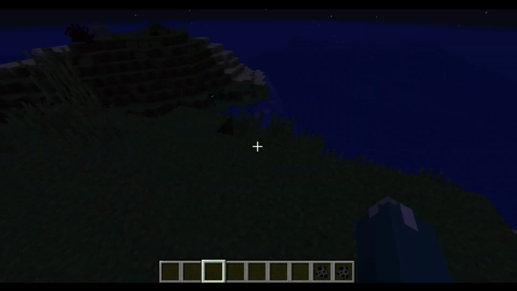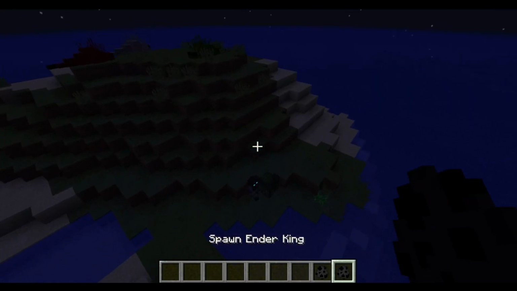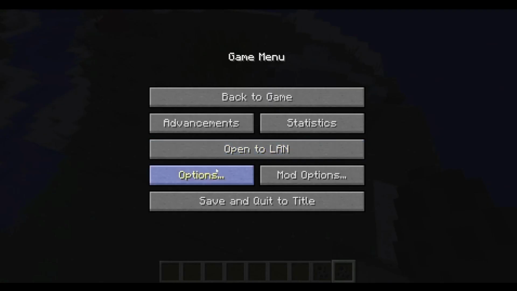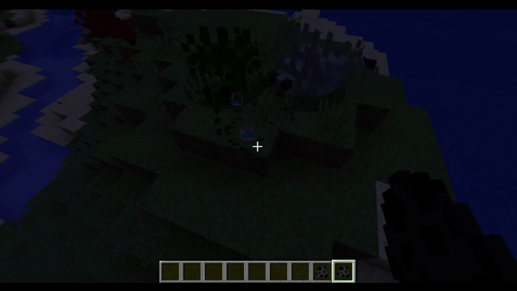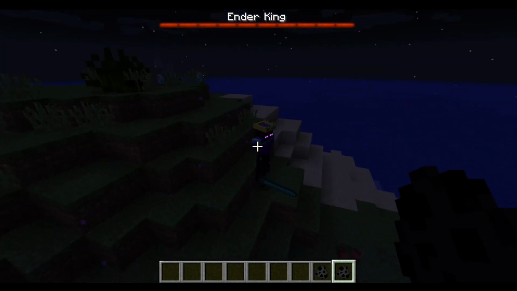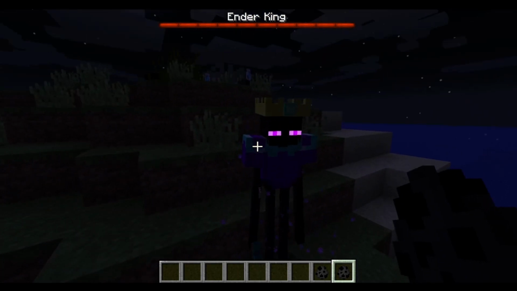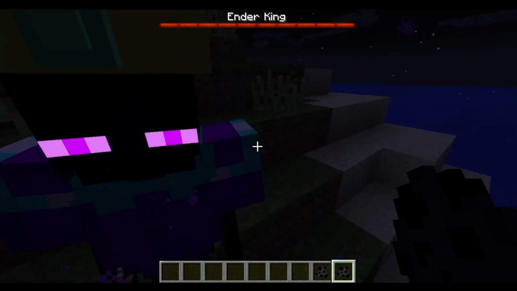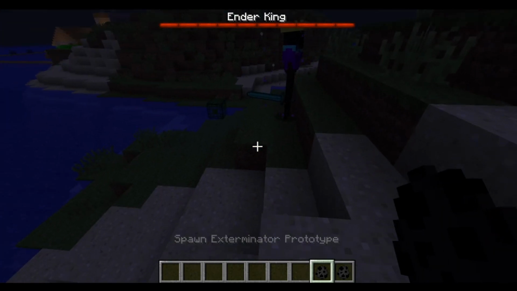Oh, there's two more. There's Ender King. Judging by this thing. Oh, we're on peaceful. Okay, and that's where the crown drops. And as you can see, he wears a similar thing to the item from the original, the crown thing,